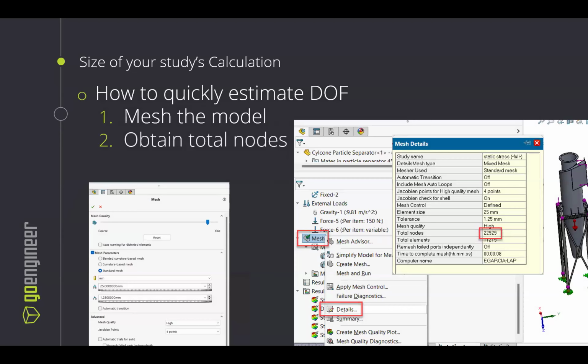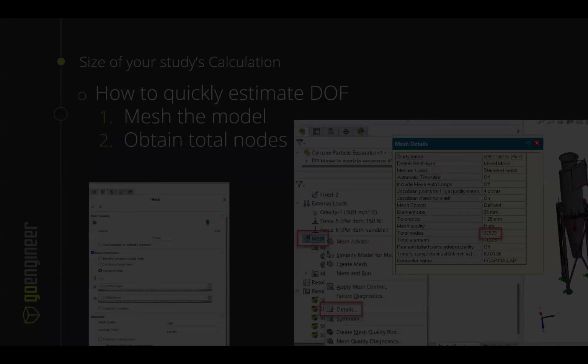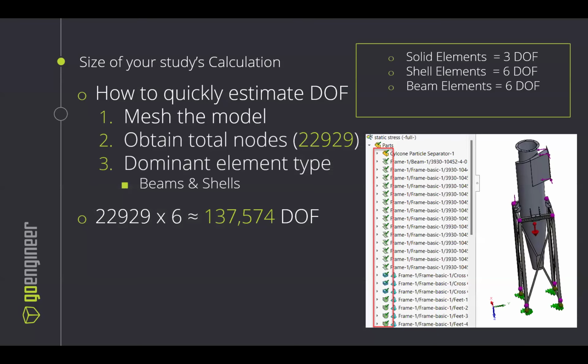So here's how you can quickly estimate how many nodes you'll have. You go into the model, you mesh it after you finish setting up the study, before running it. You're going to right-click on the mesh folder and click details. In the meshing details window, you're going to see the total number of nodes, blocked there in red. So we're going to take that number of nodes,